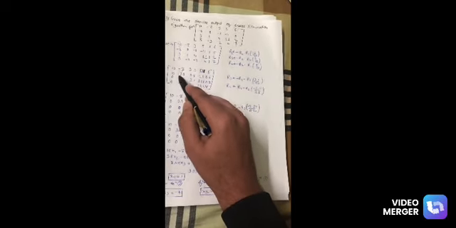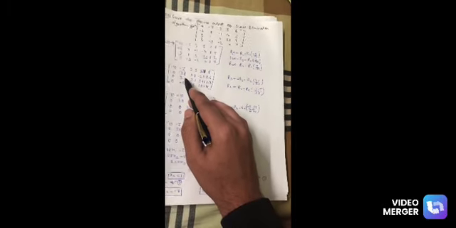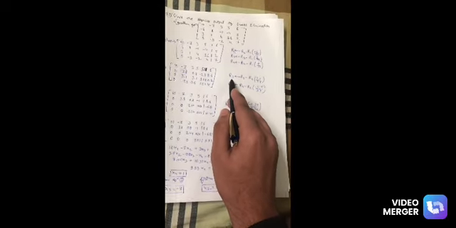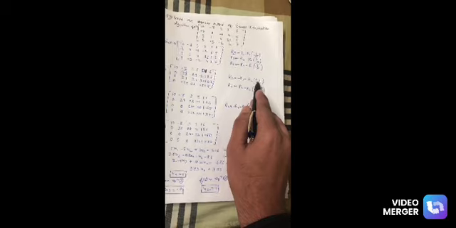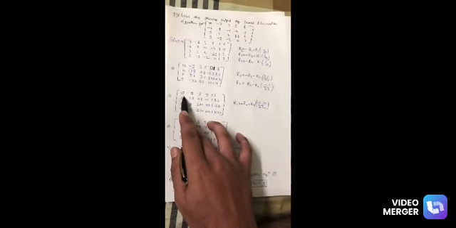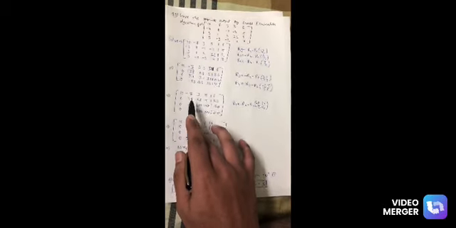In this matrix we select 3.8 as a pivot element, and the elements below the pivot we have to make 0. So from here we have to perform the following operation, which is R3 tends to R3 minus R2 multiplied by 3.1 divided by 3.8, and R4 tends to R4 minus R2 multiplied by minus 5.5 divided by 3.8. After applying these operations, we get this matrix, where the elements below 10 are 0 and the elements below 3.8 are also 0.